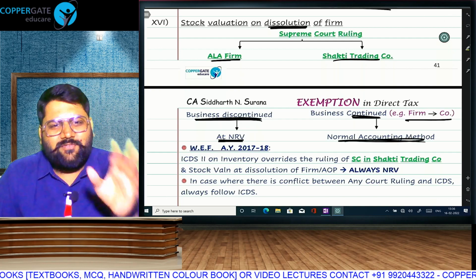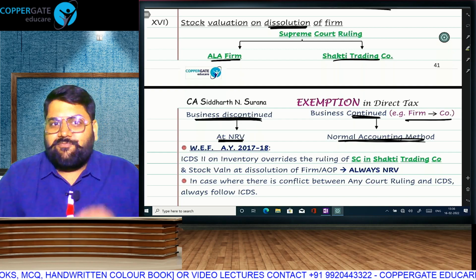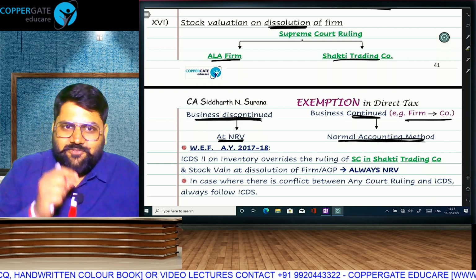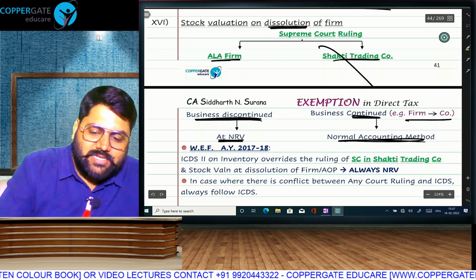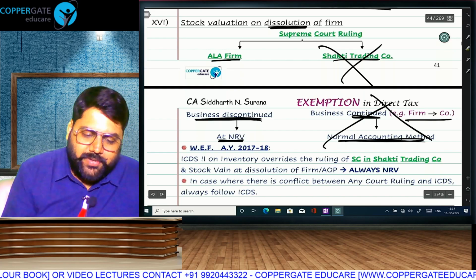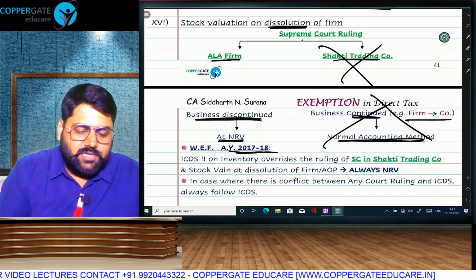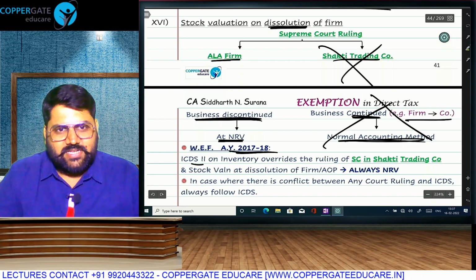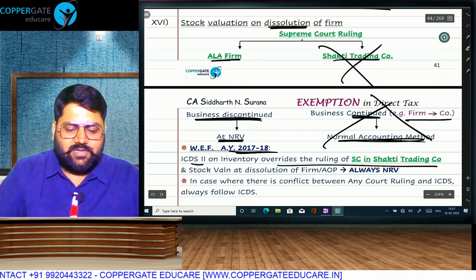FIFO, LIFO, weighted average, whichever you are following, cost or market price, whichever is lower. So, if business stops, then NRV, and if business continues, then normal accounting method. But you can cancel this part from now because with effect from AY 1718, so it's been already a few years, there is Income Computation and Disclosure Standards, ICDS, on inventories which will override the ruling of Shakti Trading Company and